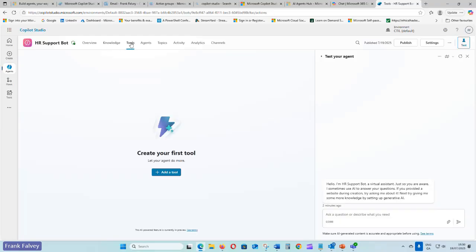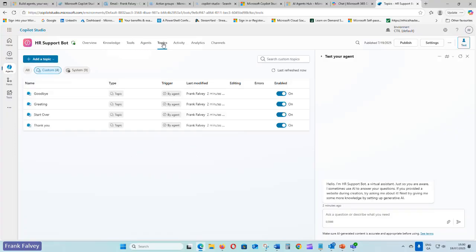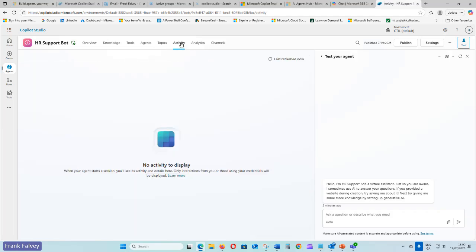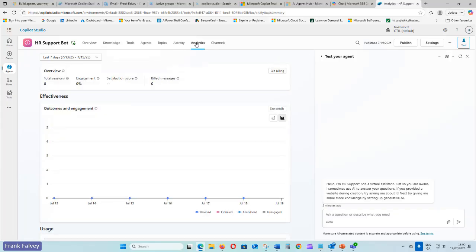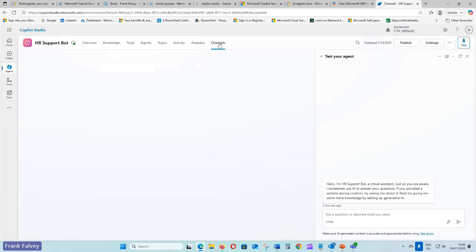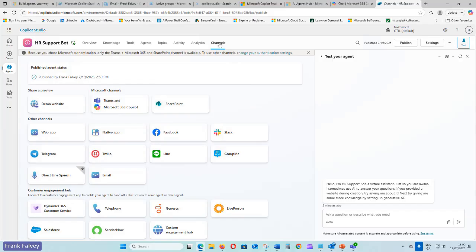You can create your own tools and add stuff in there. Agents, you can add agents in there if you wanted to have a couple of agents. These are other things you can customize as well, like different greetings, start over, thank you, activity. There's no activity and no analytics in here because we didn't do anything yet. And that's it, straightforward.